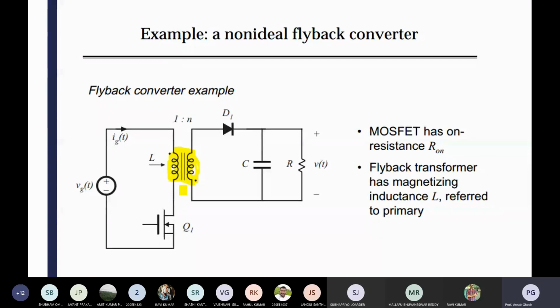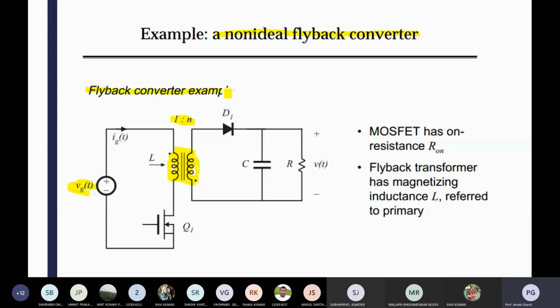Okay, so how much you can amplify, meaning how much gain, how much you can boost up the output voltage in terms of the input voltage, that you can decide. Ideally it is written 1 to n, but practically the maximum you can boost up is 10 times your input voltage. So it's a buck-boost converter, but an isolated buck-boost converter. Flyback is an example of an isolated buck-boost converter.